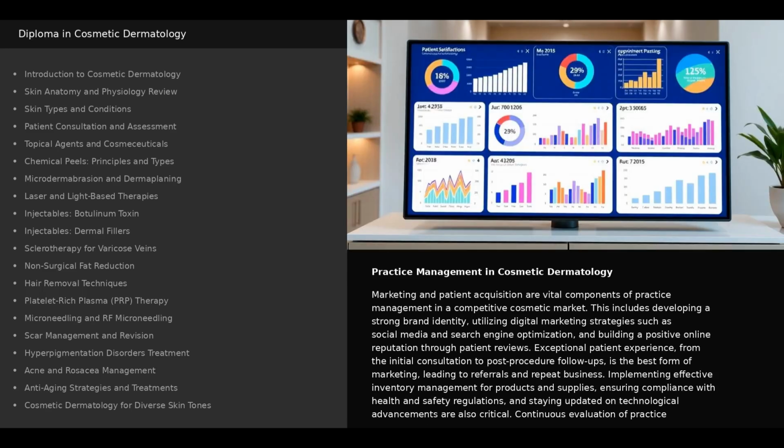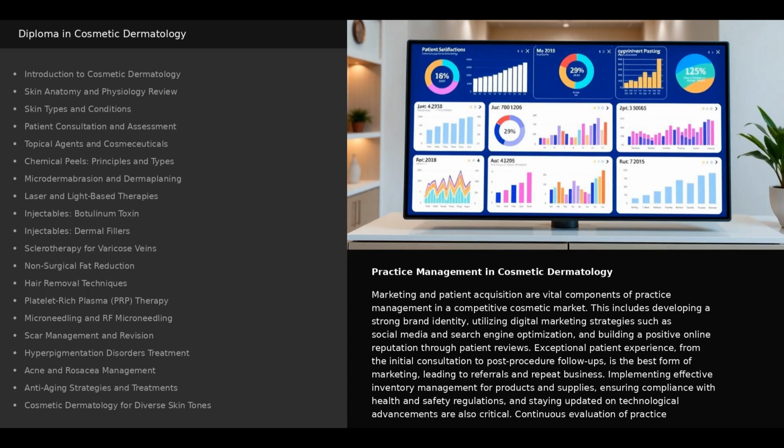Marketing and patient acquisition are vital components of practice management in a competitive cosmetic market. This includes developing a strong brand identity, utilizing digital marketing strategies such as social media and search engine optimization, and building a positive online reputation through patient reviews. Exceptional patient experience from the initial consultation to post-procedure follow-ups is the best form of marketing, leading to referrals and